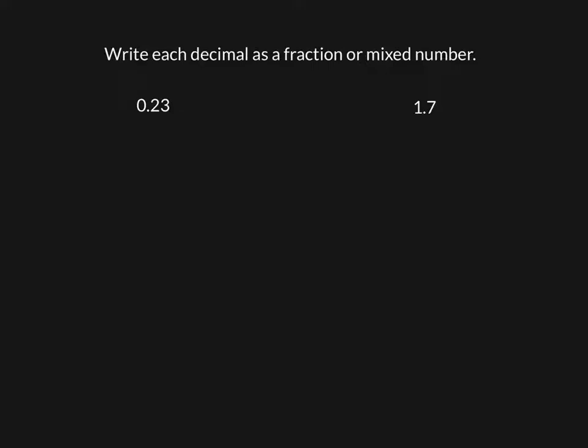Okay, so to go from a decimal to a fraction, or a mixed number, sorry, it's pretty simple if you think about it. So I would say this as 0 and 23 hundredths. Okay, so how I'm going to do that is 23 hundredths. I'm just going to write 23 over 100. It's just that easy. Hundredths, so I know it's 100. I'm going to use whatever number is to the right of my decimal as my numerator. So 23 hundredths. Now my second step is to see if I can simplify. Okay, now this one I know 23 is prime, so I can't simplify,